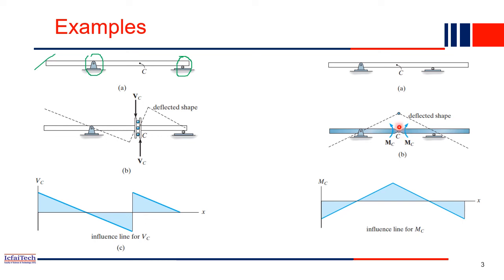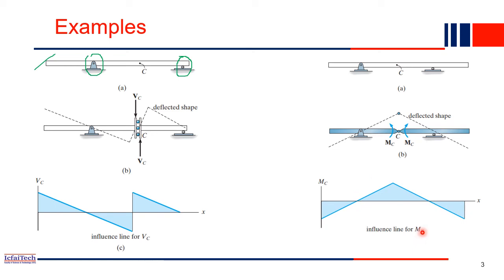So what will happen now? We replaced the original beam with a hinge. Now if we apply a moment here, what will be the shape of this beam? This portion will go up in this direction, and this portion also, because of this moment, will go up. This is the deflected shape of the beam after application of the moment. So this is the influence line diagram. The shape you got is nothing but the influence line diagram for MC.